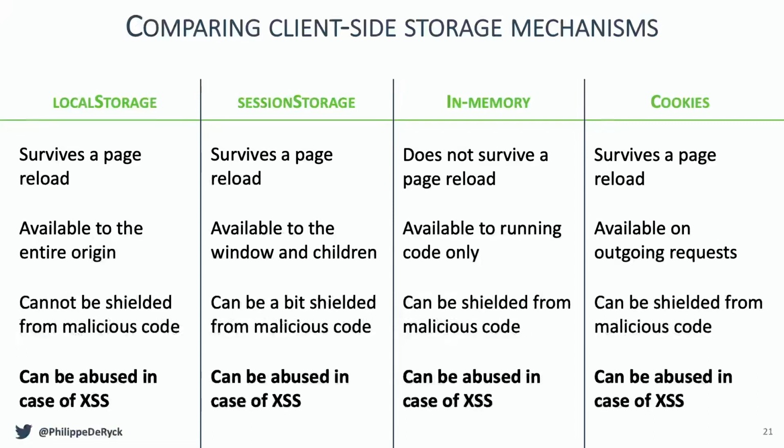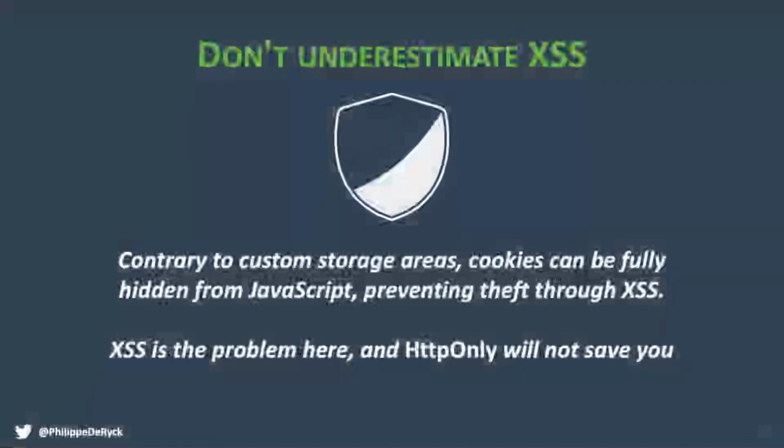But none of those prevent abuse in the presence of cross-site scripting. And that's why none of this actually matters if you have cross-site scripting. And the discussion of, should I put it here or there? Because if an attacker can do an XSS attack, he might be able to read that. Honestly, it doesn't matter. Don't underestimate cross-site scripting. You are screwed if somebody has a foothold in your application. This is important because sometimes you see security guidelines saying, don't put something in local storage. But if it works best, if it saves you time on development, and the only argument is, yeah, but cross-site scripting can read it, I don't think it's a valid argument.